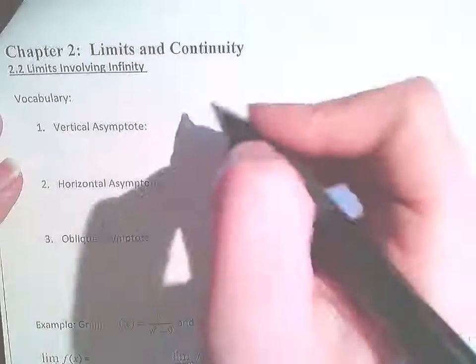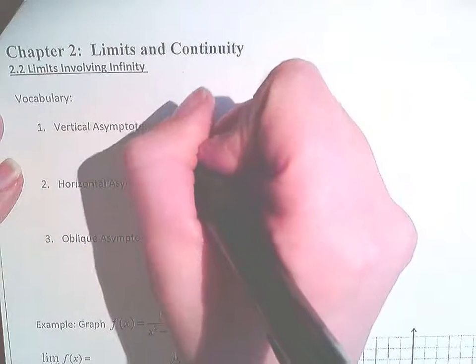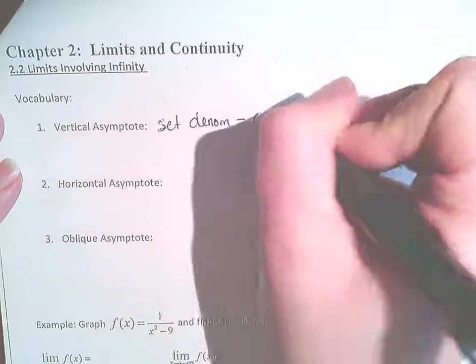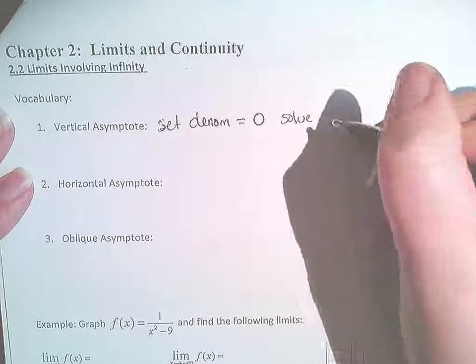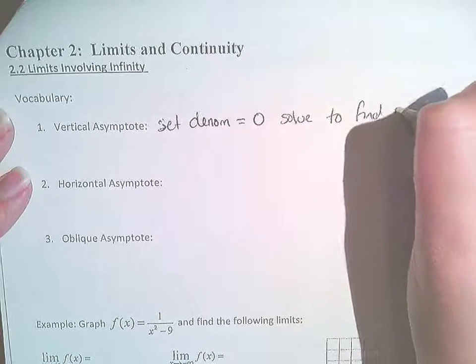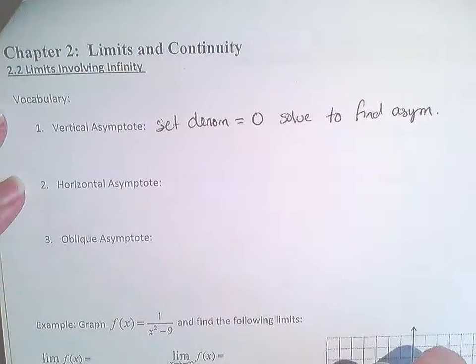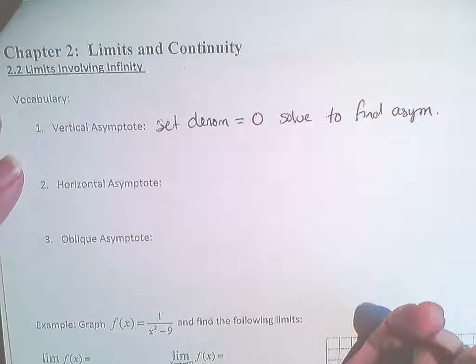If you remember, how do you find an asymptote? You set the denominator equal to 0 and then solve, and that's how you find the asymptotes. Now the actual definition of asymptotes that involve limits